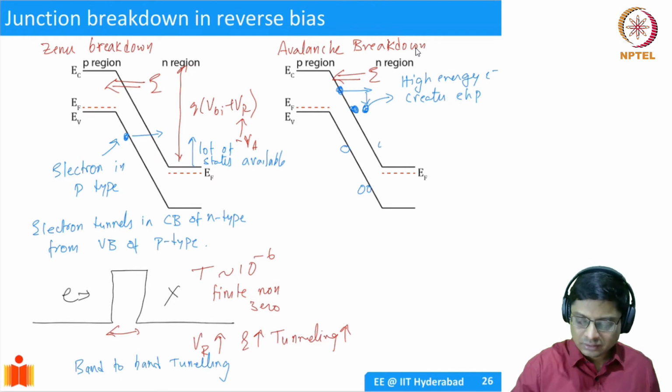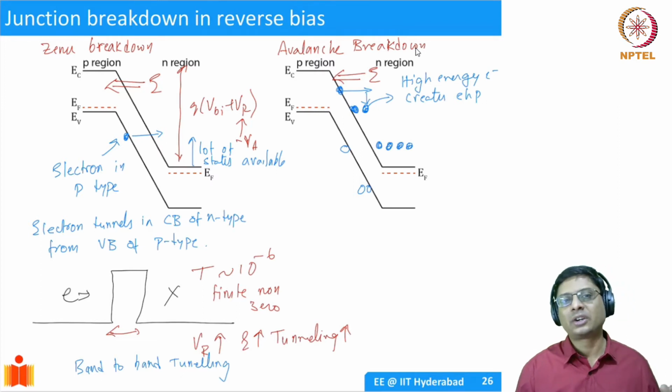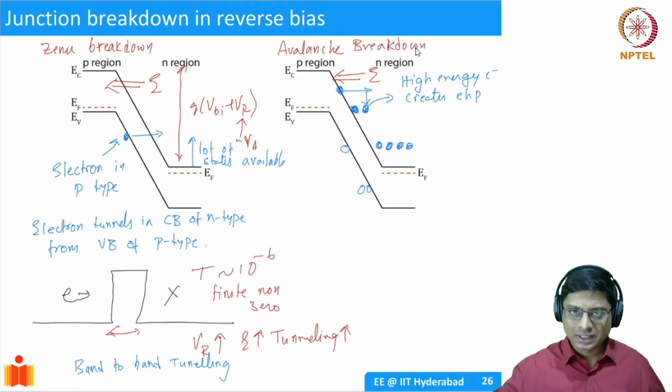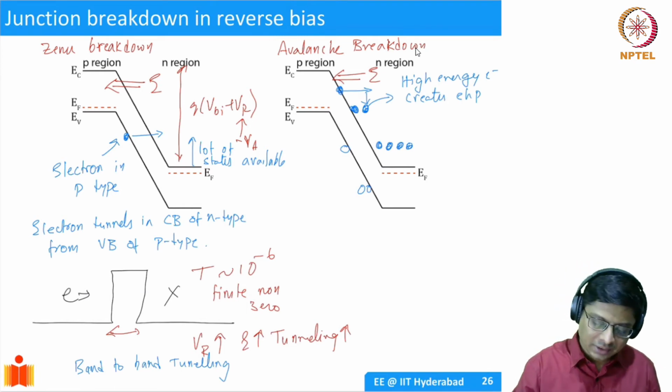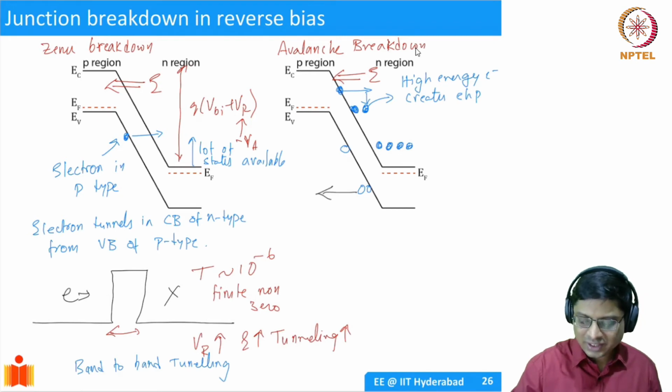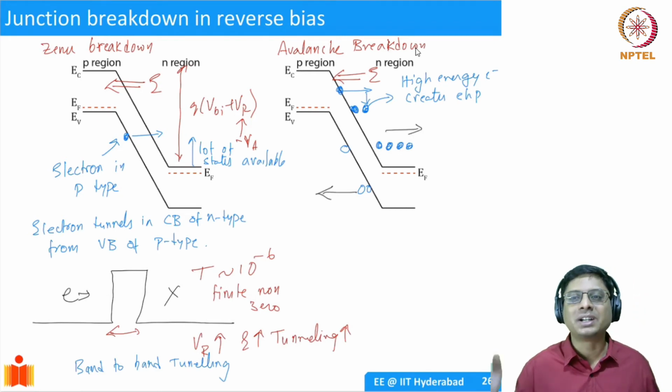And then you end up getting more electrons. So basically one electron will create two electrons, which will create 4 electrons, and 4 will create 8 electrons, and so on. It just multiplies, right? It depends on how many electrons it's creating. The multiplication factor we call it: for each electron, how many new electrons are being created. Of course, there are going to be holes also created, and holes effectively will go in this direction, electrons will go in this direction, and they keep getting multiplied as they travel across the crystal.